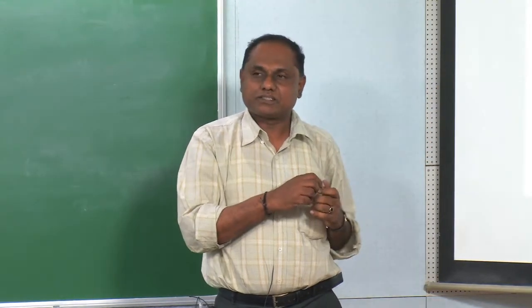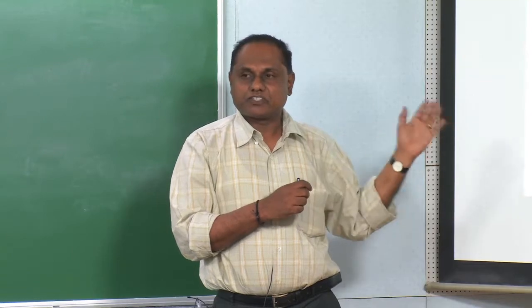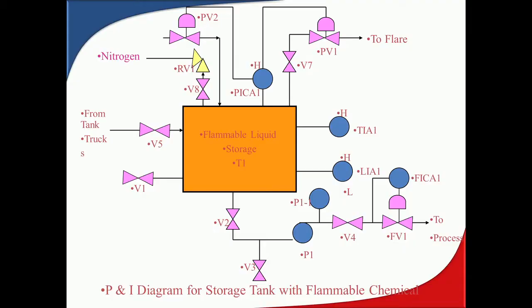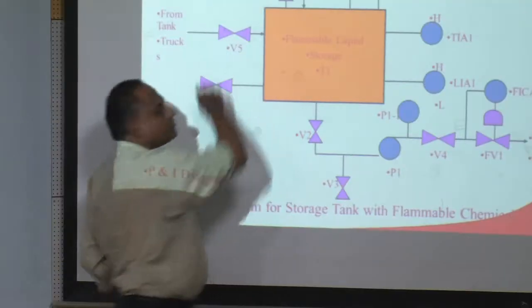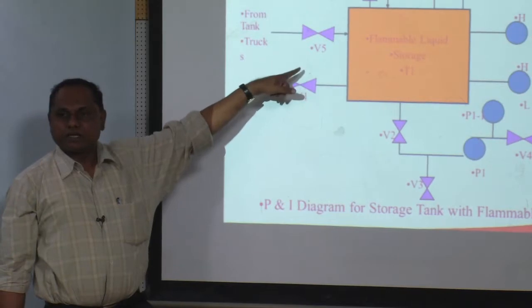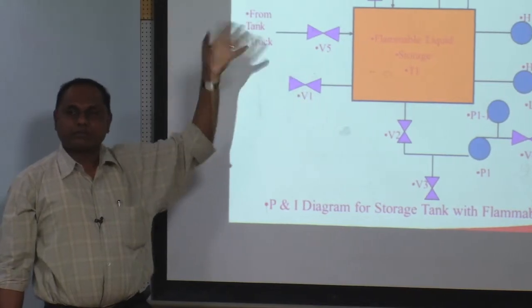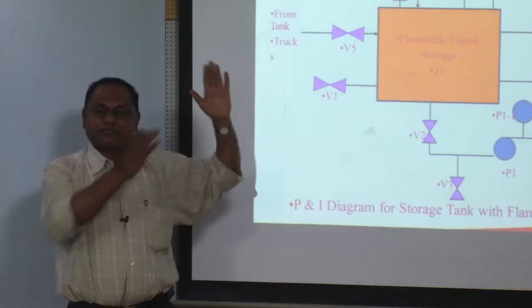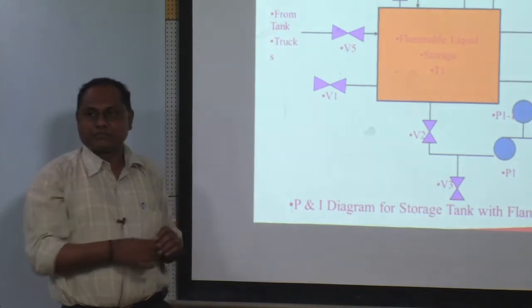What can we give as recommendations? If it's not there, we can give it. We have only a low level indicator, so we don't have a high level indicator. We can suggest a high level indicator with an alarm. It's only an indicator. In case it happens, it should cut off this valve. A high level indicator with interlocking of the inlet valve or inlet pump. So those types of recommendations are given so that the cause is mitigated.